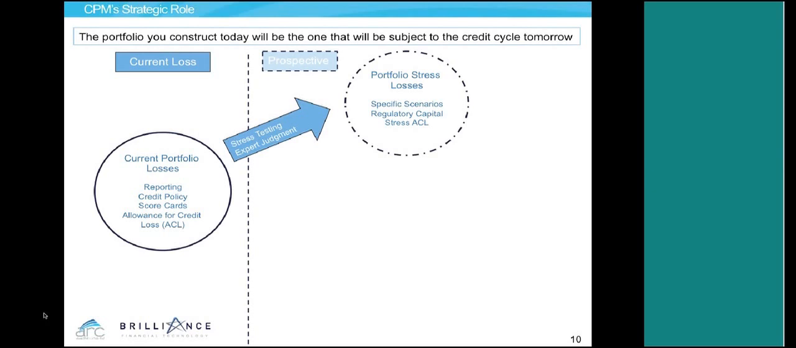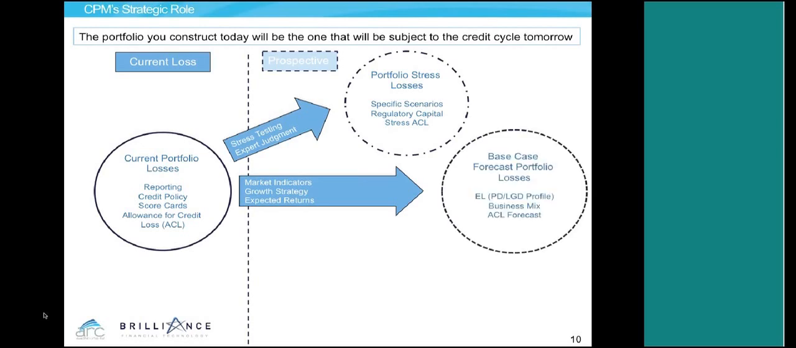So, CPM provides and assembles the key credit loss inputs from the various portfolios across the enterprise to generate the regulatory capital required under specific scenarios. But I think even more importantly, it required incorporating the growth strategy and expected returns as inputs for the base case forecast. Now, moving down the page here, this is for a view forward into the business mix and the EL profile of the future portfolio. And by understanding how that base case portfolio behaves under stress, we can apply the stress test modeling not just for capital plan submission, but in the risk management process to actually inform the base case